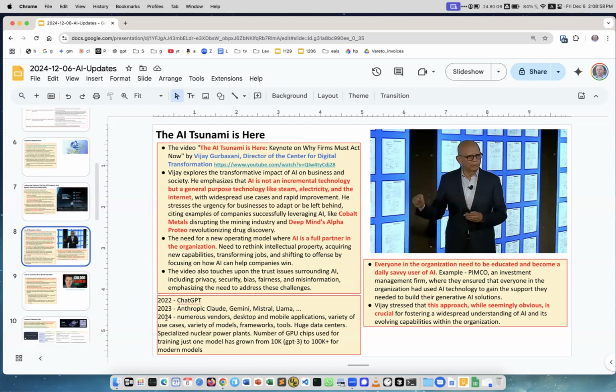2024, we have so many vendors, so many desktop, mobile applications, use cases, variety of tools, frameworks, huge data centers, specialized nuclear power plants, number of GPUs, chips used to train one model. For GPT-3, it was 10,000 chips, and they were old A100s. Now the data centers are like 100,000 chips, or like what Elon Musk is doing, 200,000 chips, and huge models, lots of data. And I don't know, how can people say that something is slowing down